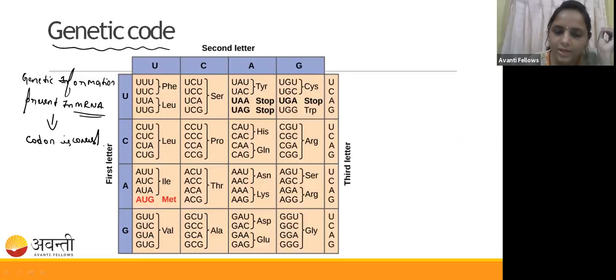Here the codon consists of how many amino acids, guys? Answer me. How many amino acids does the codon consist of? Very good, Prachi, 3. Why not 4? Why is the genetic code a triplet only? The codon consists of three nucleotides. Sorry, guys, I told you amino acid. It consists of 3 nucleotides.